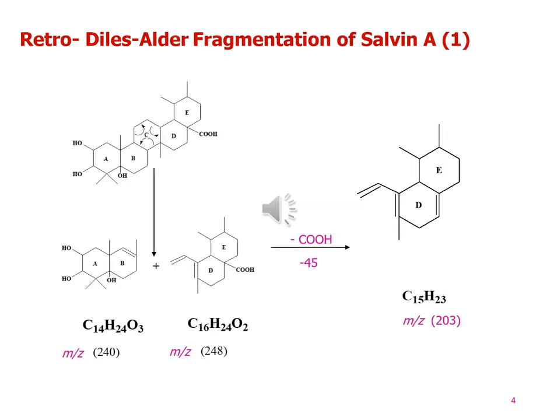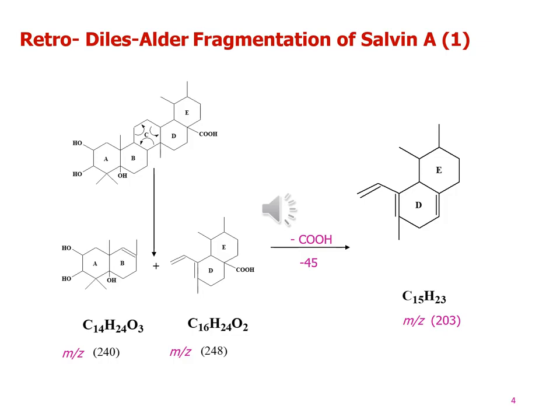Let's see the retro Diels-Alder fragmentation of Salvin A. Retro Diels-Alder fragmentation of Salvin A is the opposite of Diels-Alder reaction, in which the basic skeleton of the molecule is broken down into different fragments by choosing pi bonds. So this was further confirmed by formations of characteristic retro Diels-Alder fragments at m/z 248, that is calculated for C16H24O2, and 240, that is calculated for C14H24O3 respectively. This confirmed the presence of two oxygen functionalities in ring DE and the remaining 3 oxygen functionalities in